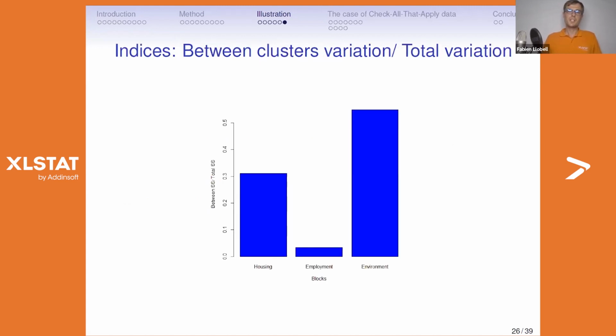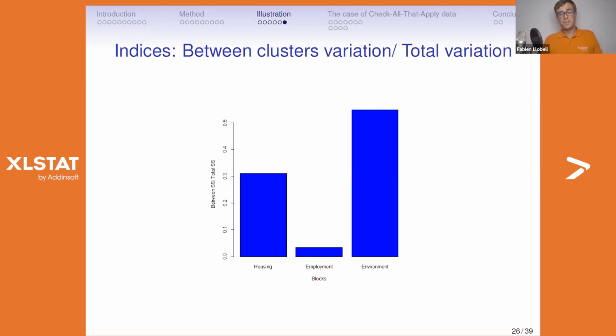Here, this is the index for each of the blocks. And we can see that the environment block is well represented here by the cluster solution, contrary to the employment block,